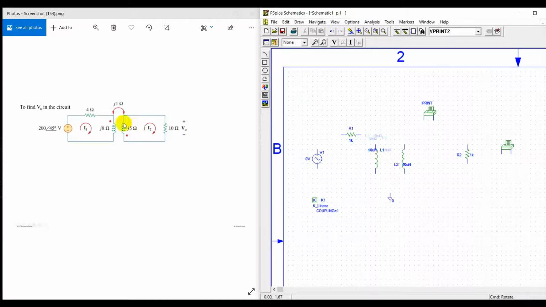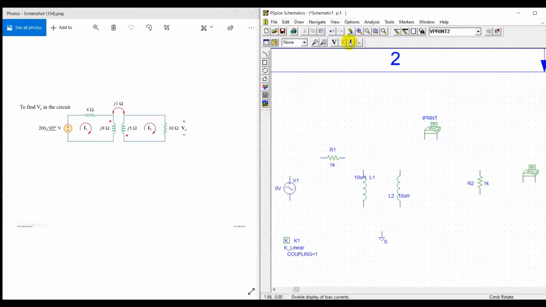So as we know, the dot over here corresponds to the dot in the PSpice software. Similarly, for L2, we have the dot on the bottom side. In PSpice for L2, as I'm rotating my component, you can see that the end nearer to L2 is at the steady state and the other end is free to move. So thus we conclude that the end nearer to L2 is the dot convention for L2. Now let us connect the circuit.